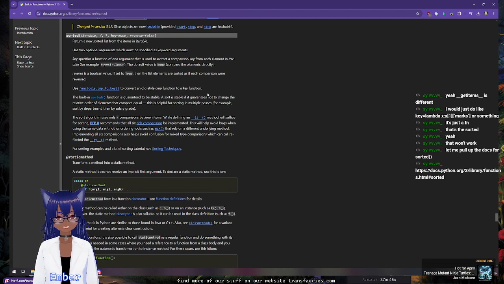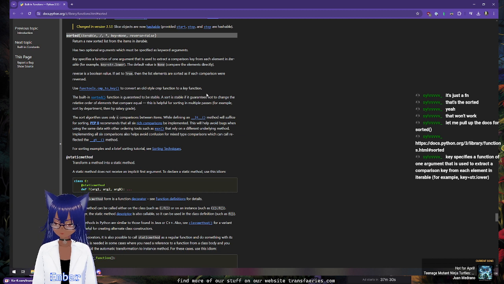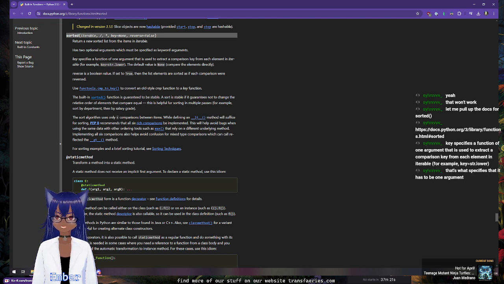Return a new sorted list from the items in iterable. Iterable. Key specifies a function of one argument that is used to extract a comparison key from each element. All right. Oh, yeah, yeah, yeah. Okay, so